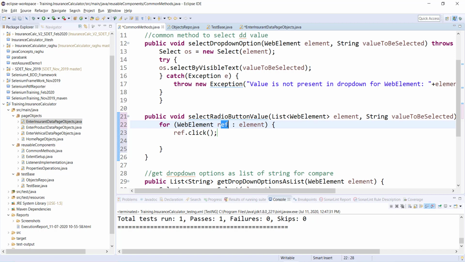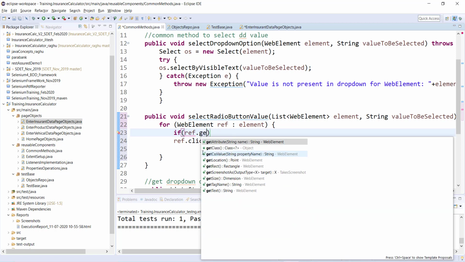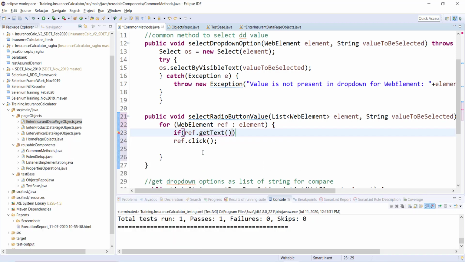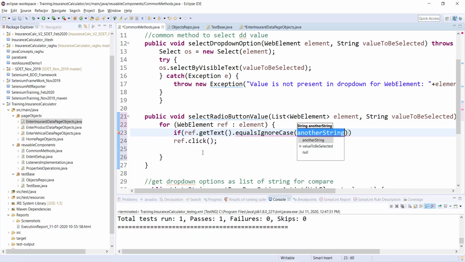So I will say if ref dot get text, because ref is a web element, I'll get the text out of that web element using the get text method, and then check if it equals, or equals ignore case, male or female. In fact I need not hard code it, because the value I'm getting over here is value to be selected. So I'll simply say value to be selected, and if it is yes, then click.